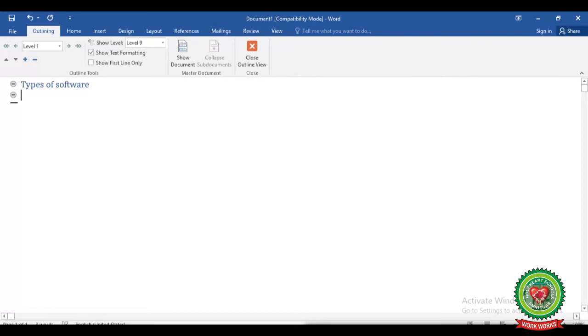Then I will write down the software's name like Microsoft Word, Microsoft Excel, CorelDRAW, Flash, and Adobe Photoshop.